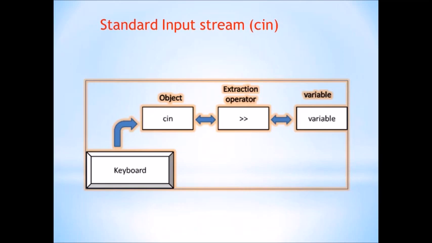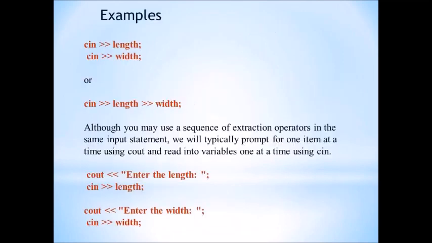This is the pictorial representation of a cin statement, that is the input operation, the direction of flow of bytes from the input device, like a keyboard, to program memory using the input stream interface. So it extracts the data from the input device to the memory. So cin, the extraction operator, and your variable, it assigns the data to the variable declared in your program. This is the case. See the examples.